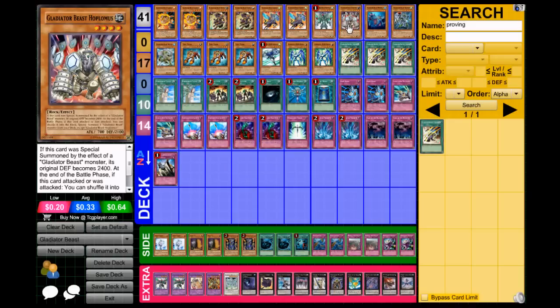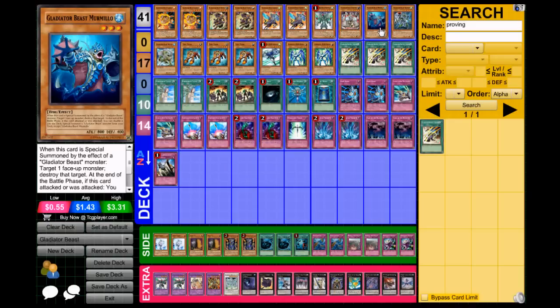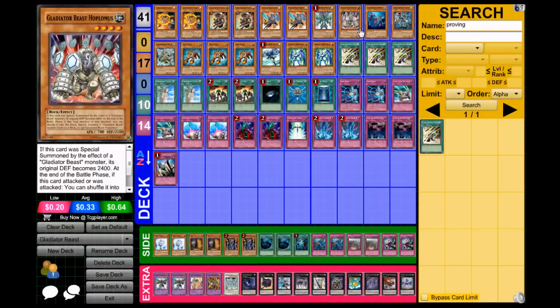phase and get something else out that you need, i.e. Bestiari to clear back row, Murmillo to pop a monster, whatever you need. Hoplimus is a good first turn set. If you draw into it middle to late game, it's not as good because obviously your opponent's already started going into their massive plays, but early game Hoplimus is a really nice card to have. Just set it, and as I said, you can go into other things during the end phase of that